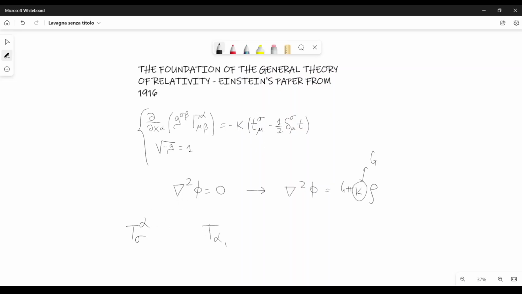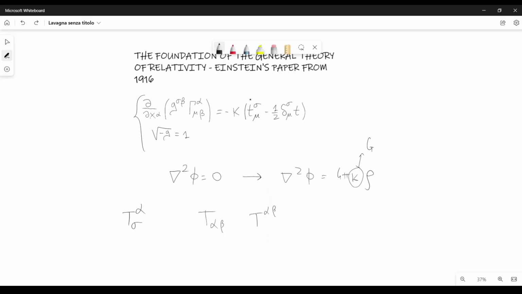So T alpha beta written like this should be symmetrical, or T alpha beta written like this with upper indices should be symmetrical. And this can be expressed by introducing in this equation here this kind of tensor. So in place of T sigma mu here, Einstein states that we should put